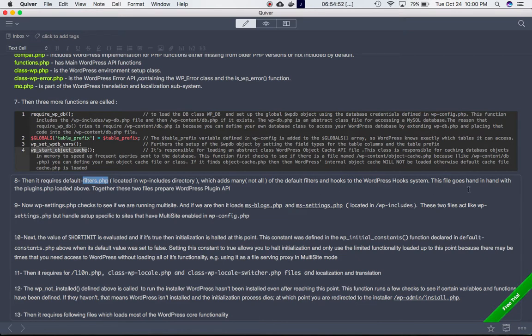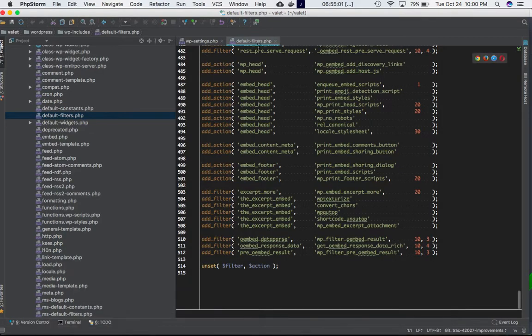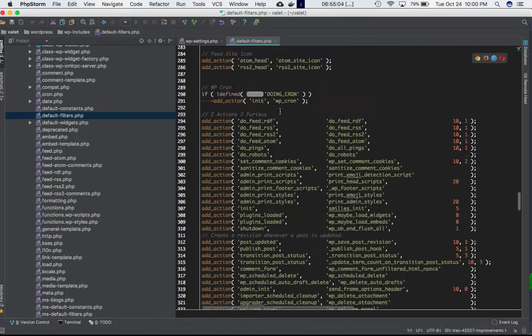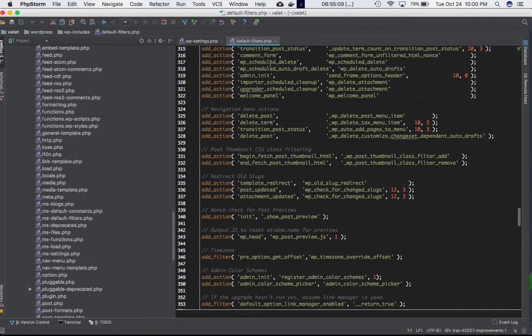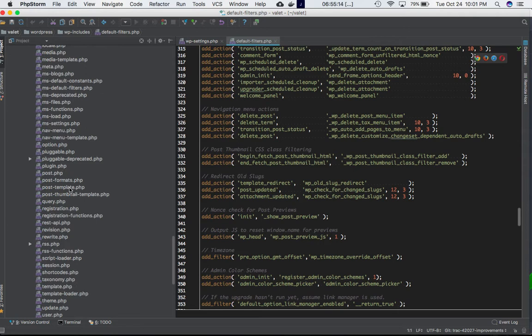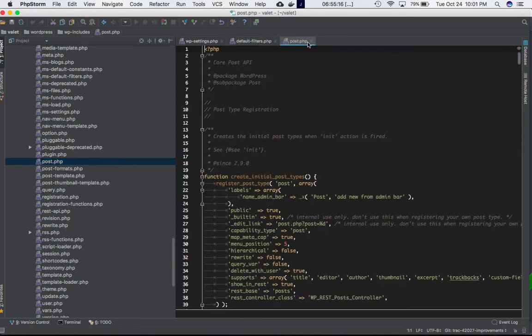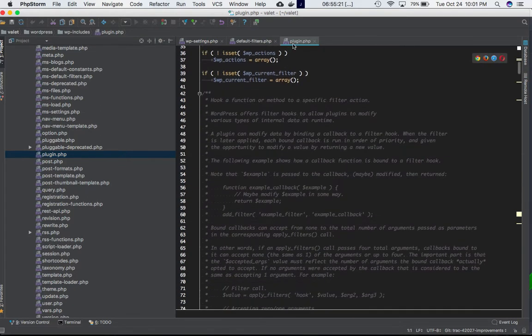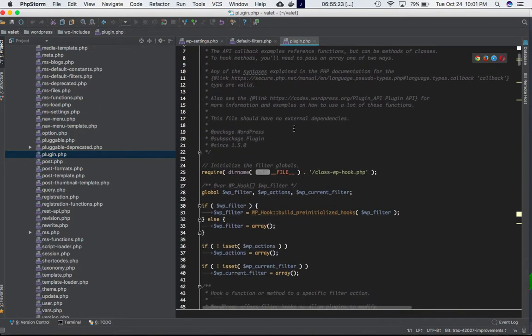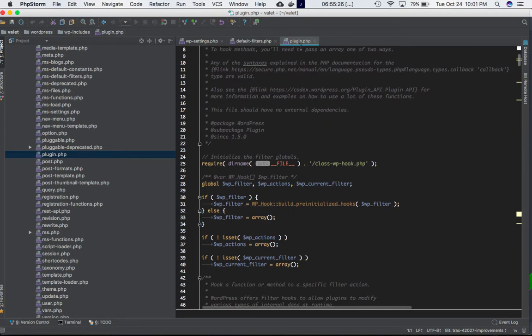This file goes hand in hand with the plugins.php loaded above, because these two files prepare the WordPress plugin API. So there are two files. One is default filters.php. It has got all the add action, add filter hooks. This file, in conjunction with your plugins.php, together form the WordPress plugin API, because this file won't be able to work without this file,